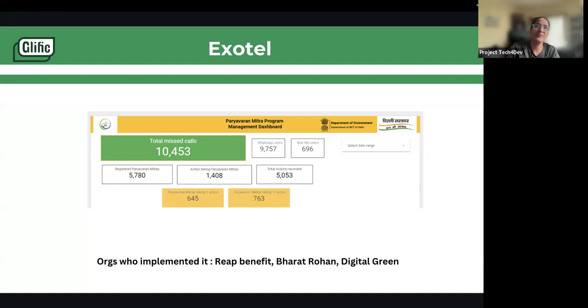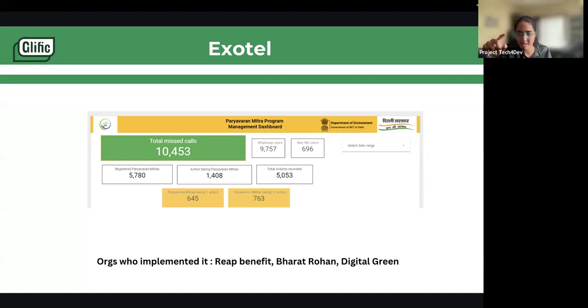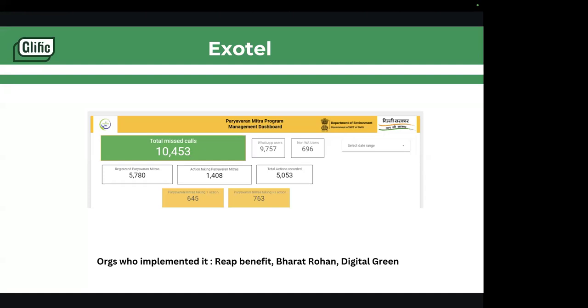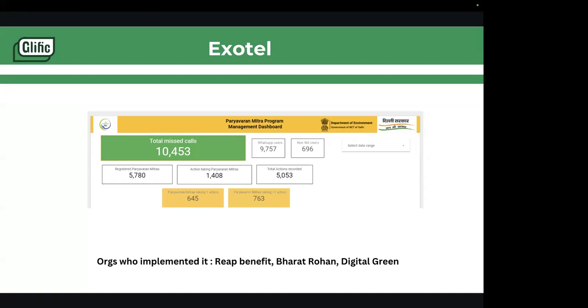See, even for the first time user, you can technically send a HSM message. But again, it goes with a slight risk where people are not responding to it and they are actually blocking you. Here, the missed call is a kind of soft consent that they are giving, like, "Hey, I'm interested in this particular thing." Then when you're sending the first message on the chatbot, you can ask them for the consent again, which you can save in the settings. Yeah, that's exactly what we did, soft consent.